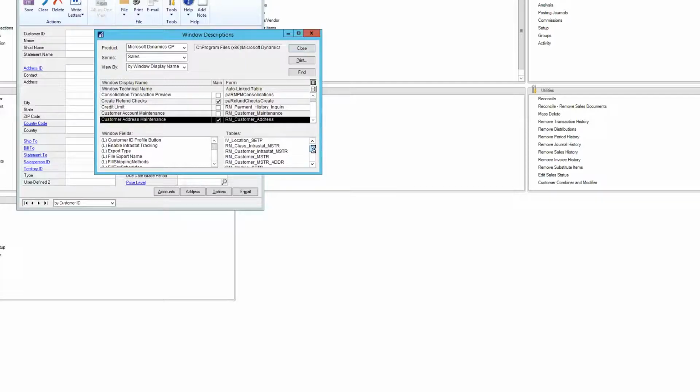So one of the tables that I would be using is the RM Customer Master table. I'm going to show you in a bit how you can see what is actually within this RM Customer Master table, so you can ensure that the fields that you want are located within this particular table. So this is one way. Another way